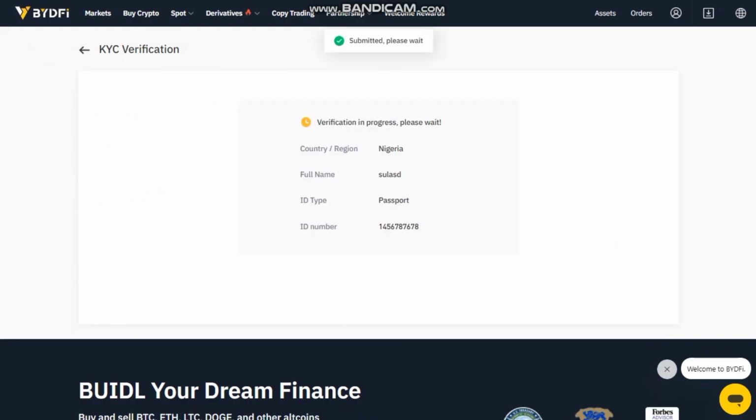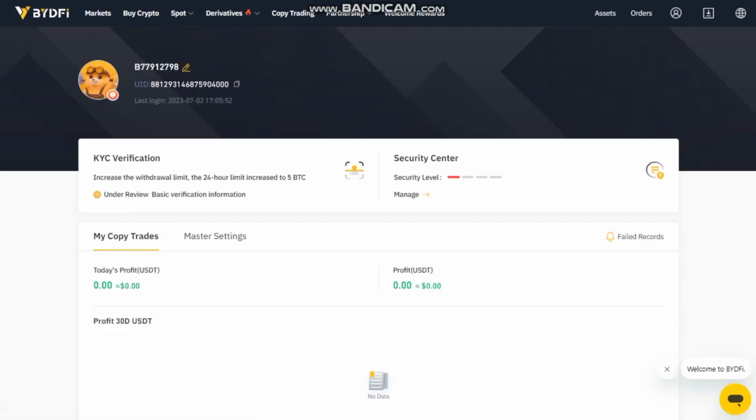Then click next. Once submitted, it will show submitted successfully, and you wait for the KYC review. This is obtained by submitting both an identification document and proof of address. After your KYC has been successfully submitted,